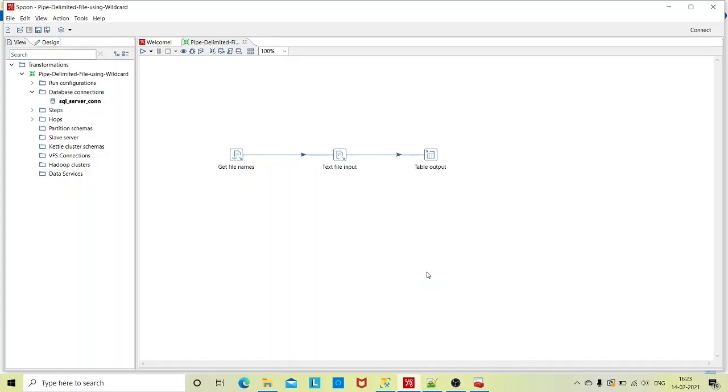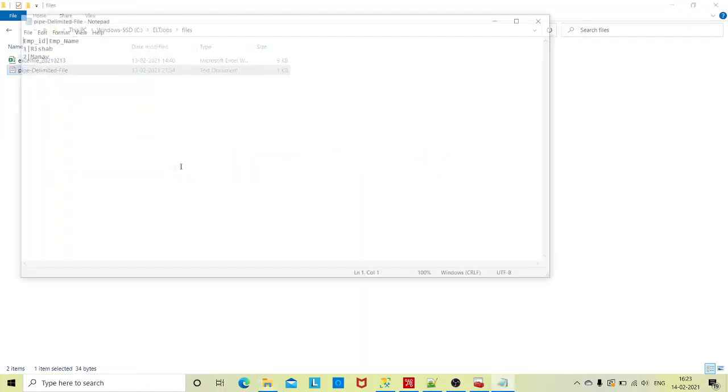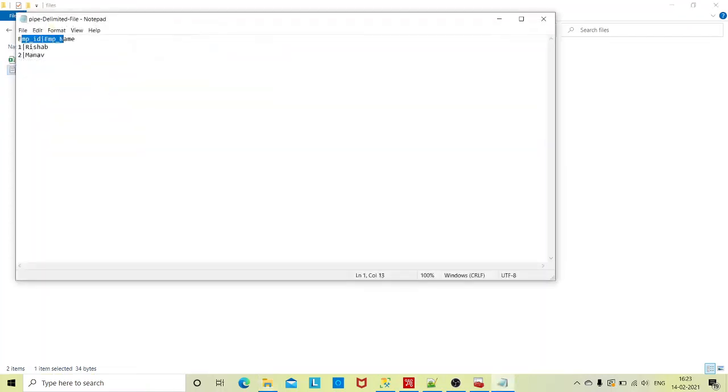Today we are going to discuss how to load a pipe delimited file using a wildcard into a table, right? So I have a pipe delimited file which has two records, with employee ID and employee name as the columns or the header, and two records, employee ID 1 and 2, and their respective names are Rishabh and Manav,